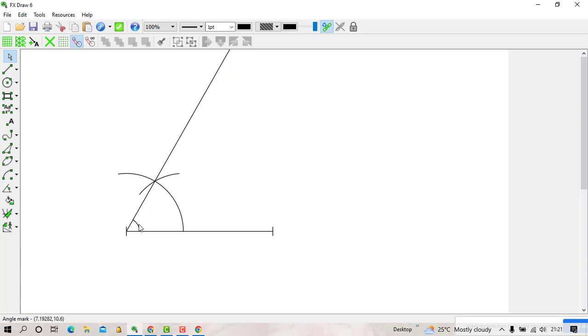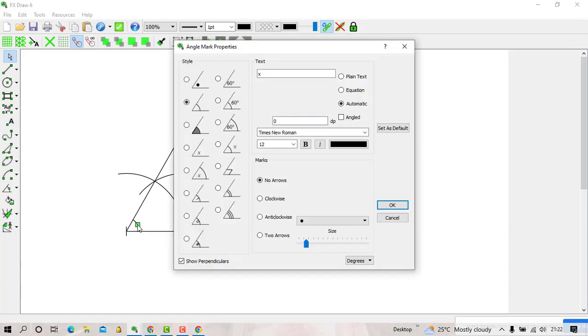So you find that I have marked an angle, but according to my system, I had set it in a default so that it cannot display an angle, because the last time I was drawing the circles of chord and tangent, where we don't display an angle for the student to calculate. But in this case, if it has just drawn an angle without displaying it, I just go to that arc, I click on it, then you right click. It will show you the display you want to use. You want to use empty. Like in my case, I selected the one showing an arc but without an angle.